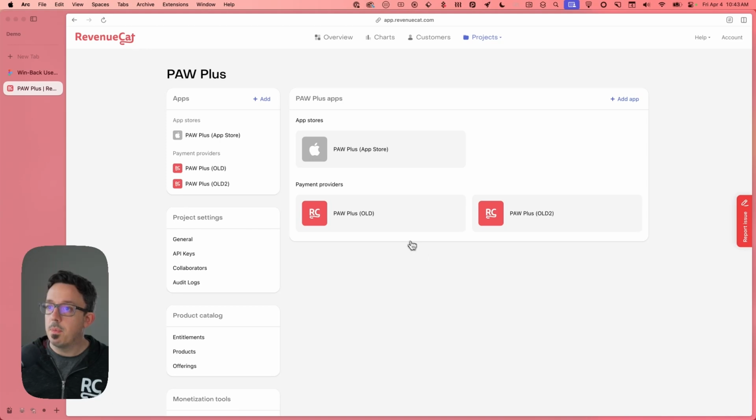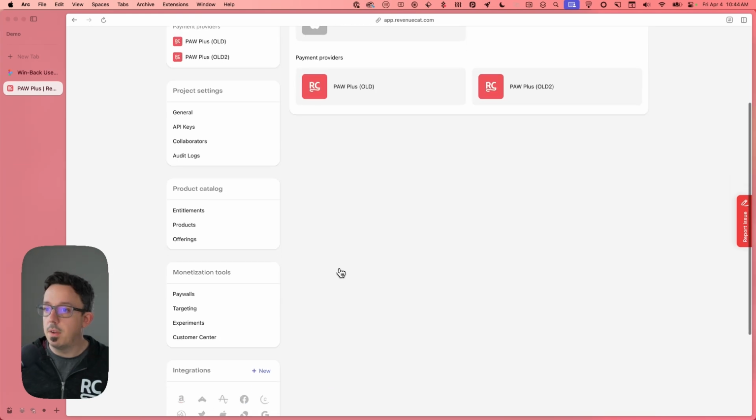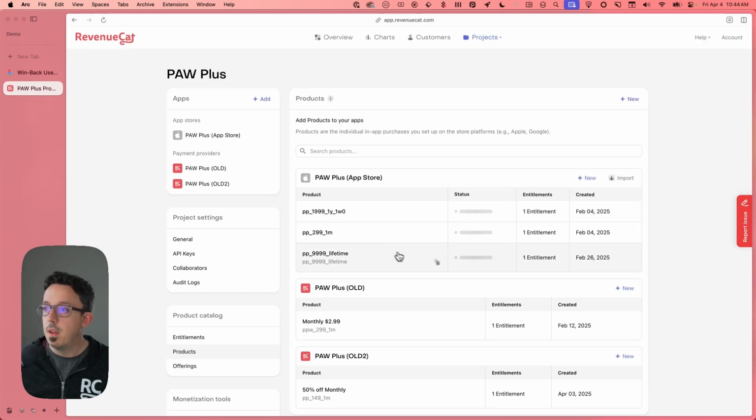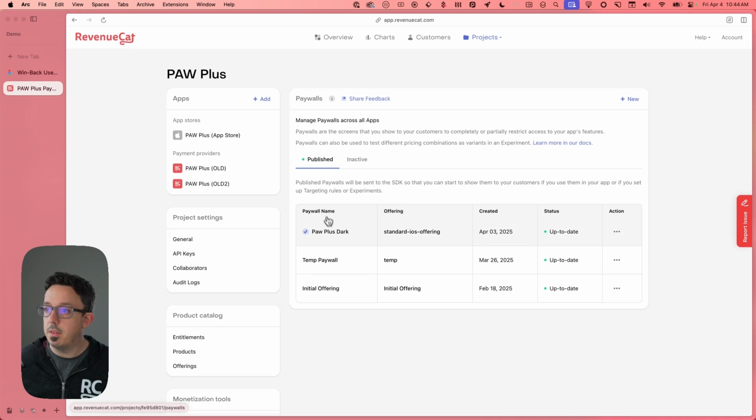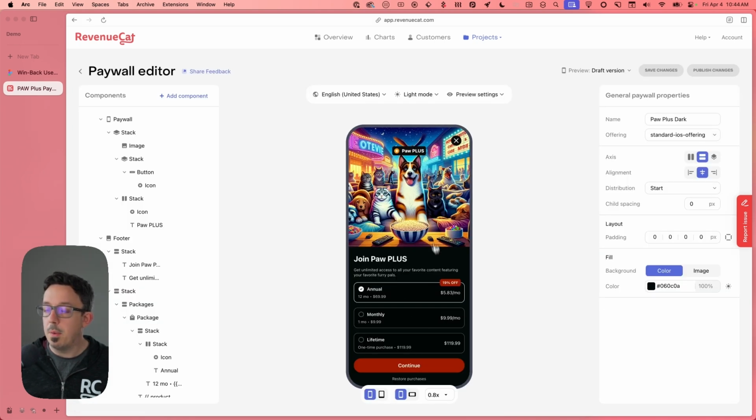And these are the apps that are set up. So I have an iOS app, which is my main app. That's what I was showing you earlier. And that has all the products and everything that you saw there. So if I go down to products, for example, you'll see that the iOS app has these 3 products. That's what we were seeing in our paywall earlier. And also our paywall itself is managed in here. If I go into paywalls, you'll see this PAW Plus Dark. This is the paywall I was doing, and it had those 3 products set up in there. So that's the